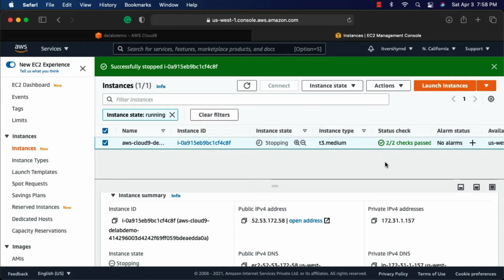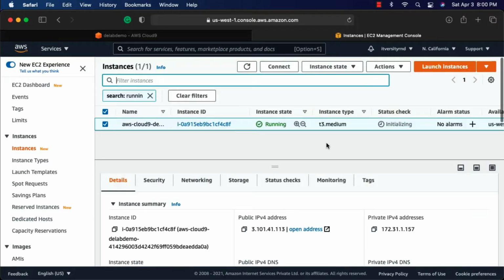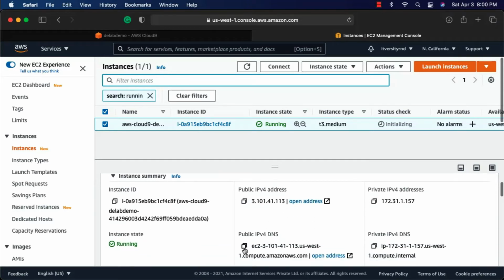It will automatically start because our Cloud9 instance is still active. Let's see whether the IP address will change or not. Let's wait until it is completely stopped and started. Now the EC2 instance related to our Cloud9 instance is shut down and started. You can see that the IP address has changed. Earlier it is completely different compared to this. Now you have to use this IP address to access the web service.